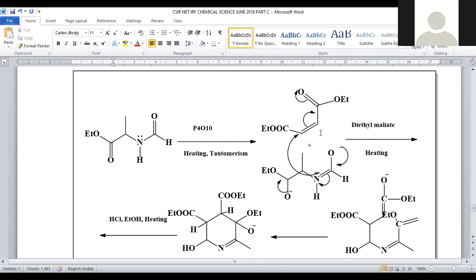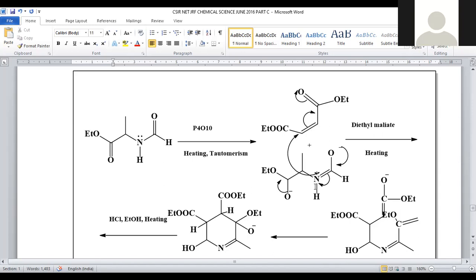So another reagent added is diethyl maleate. Diethyl maleate is nothing but a carbon-carbon double bond with two terminals, COOEt, right? Maleate versus fumarate: in maleic acid, COOH is directly linked, a dicarboxylic acid. We will take COOEt, COOEt, with a CH double bond CH group in between. Hence, we can say maleate will be a COOEt system having a carbon-carbon double bond.